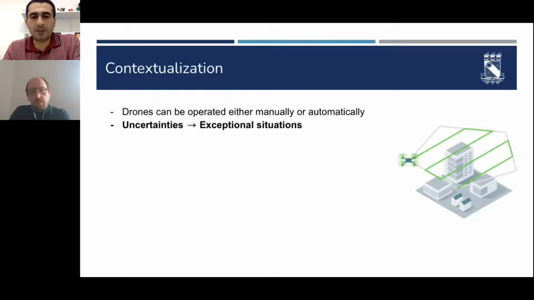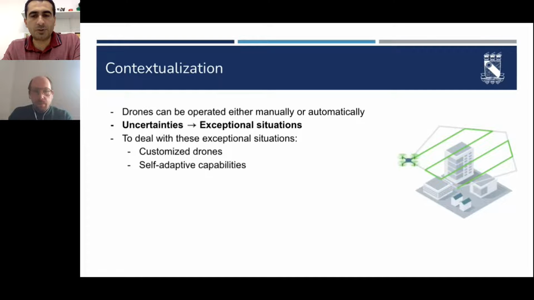To deal with those exceptional situations, we can either create new drones, which is a very expensive, costly, non-reusable alternative, so it might be impractical, or enhance drones with self-adaptive capabilities. In this case, the drone can monitor its internal state and the environment variables and can decide to change its behavior according to some parameters.